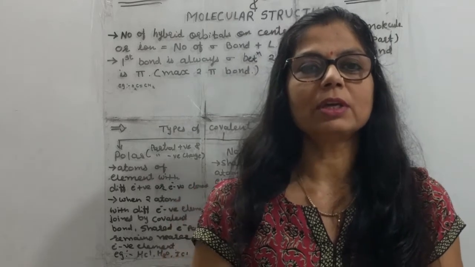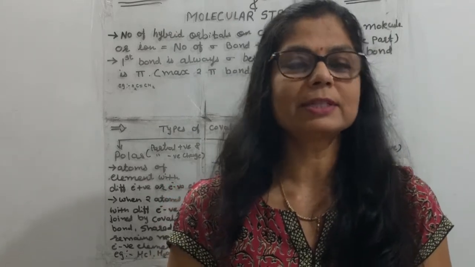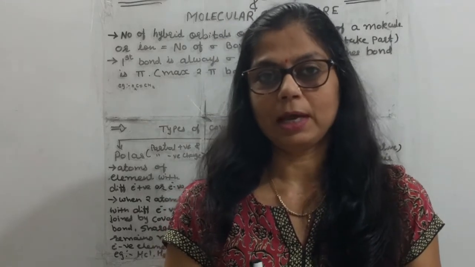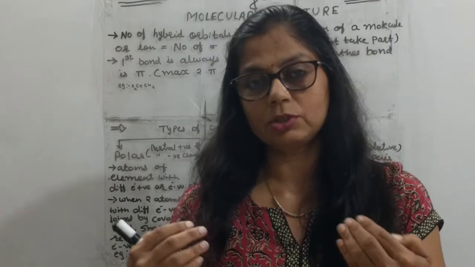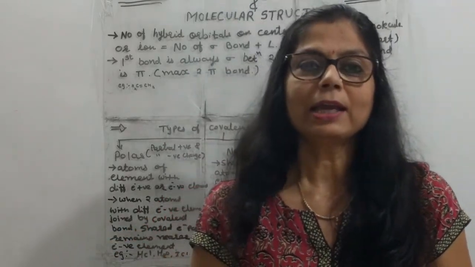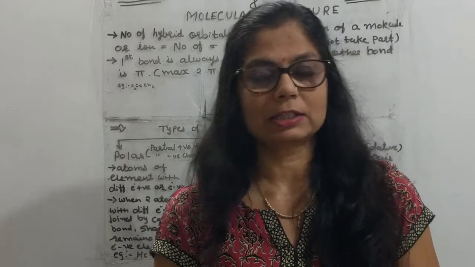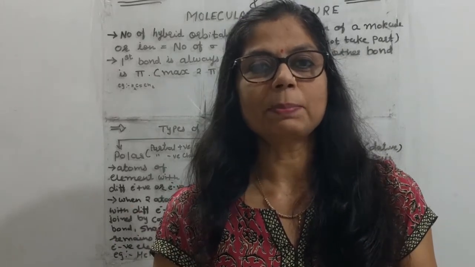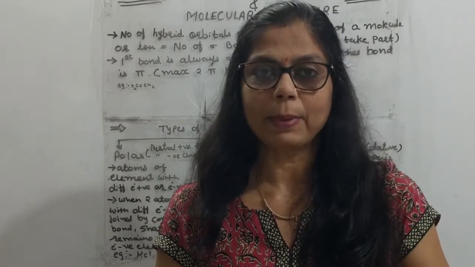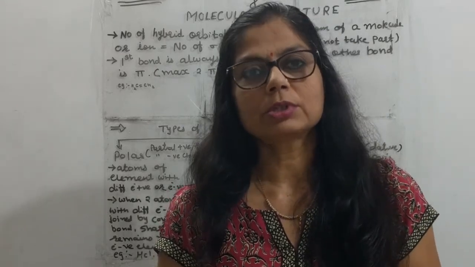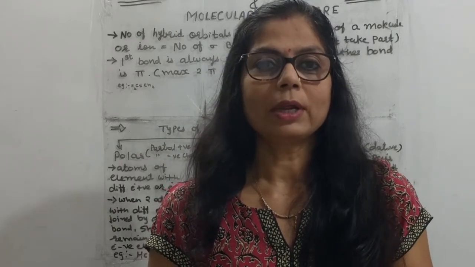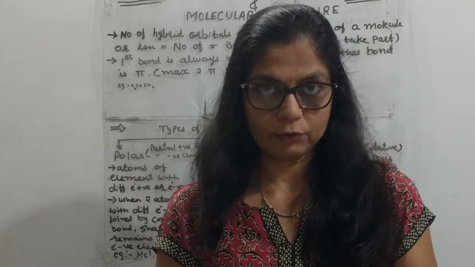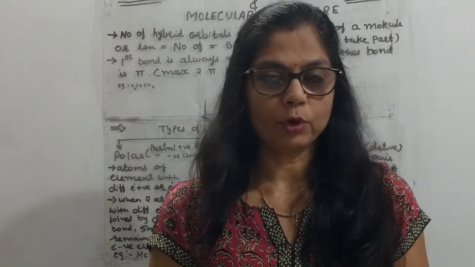Students, in the last part we studied hybridization. We studied that carbon has the catenation property, and due to that carbon forms sp, sp2 and sp3 hybridization, and we also studied the s character. Now, after sp hybridization with sigma bond and pi bond, we are going to study the types of covalent bond. So today's topic is types of covalent bond and the dipole moment.